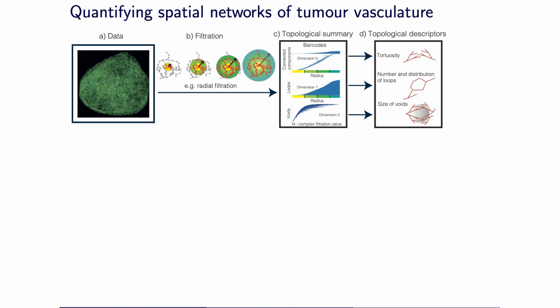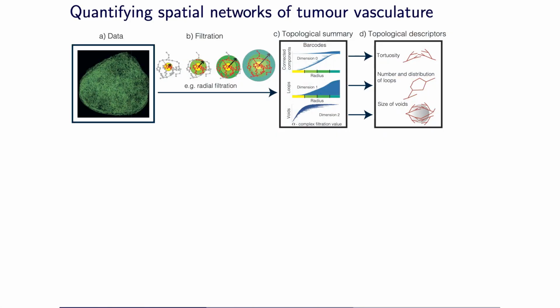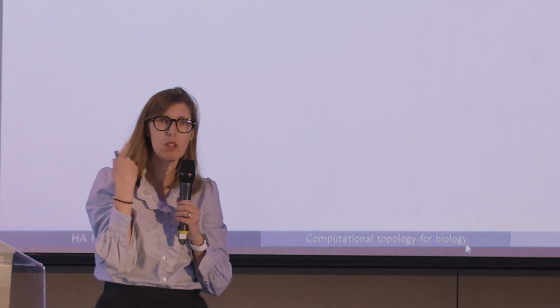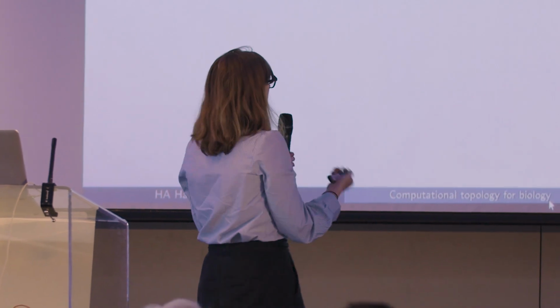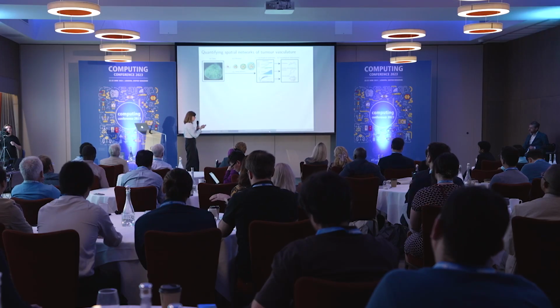And what was so wonderful is that for each of these, whether we look at connected components or the number of dimension 1 topological components or dimension 2 topological components, we could then interpret what it means. So, for example, how bendy, the tortuosity, the number of loops, which of course you would think a vascular system doesn't have loops, right? I mean, that's not very efficient. In a tumor, it does. So we could capture the loops and also the voids, the avascular regions.